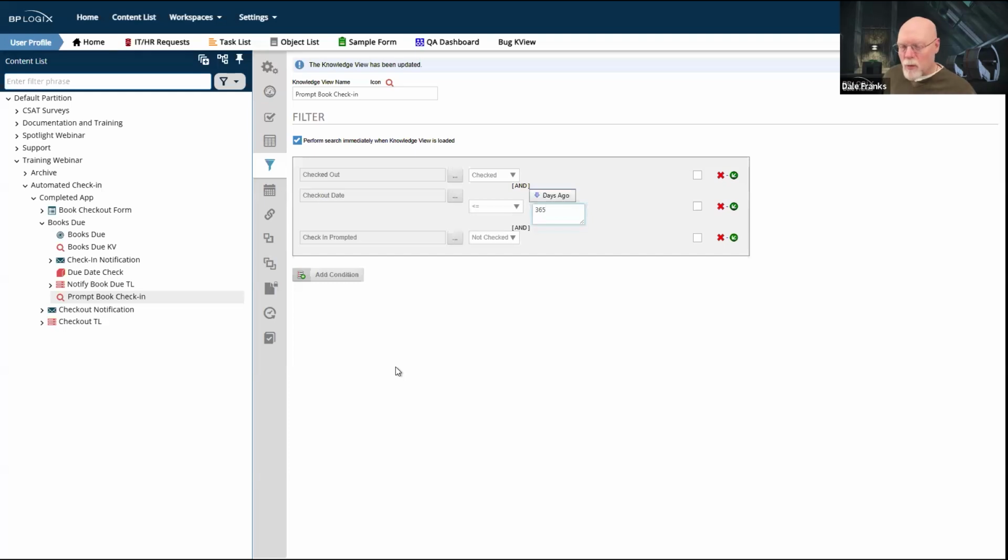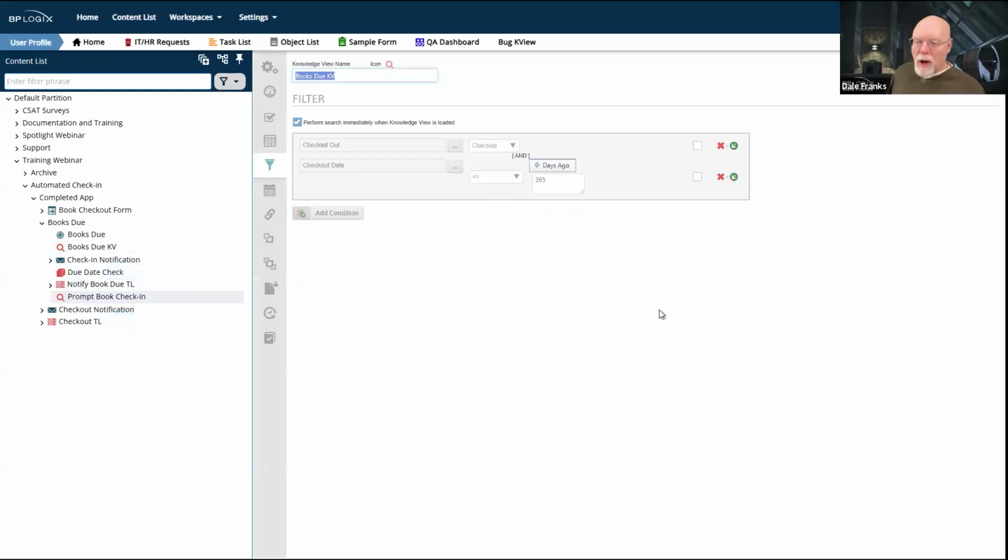There's no reason to run it if there are no books due. So we have to figure out first, do we need to run the knowledge view? Well, that means that we're going to need some sort of condition that we can apply to the goal. The way that we're going to apply that condition is via the books due knowledge view.